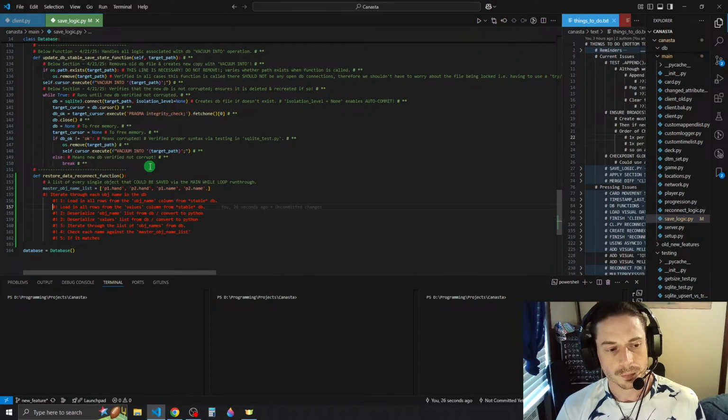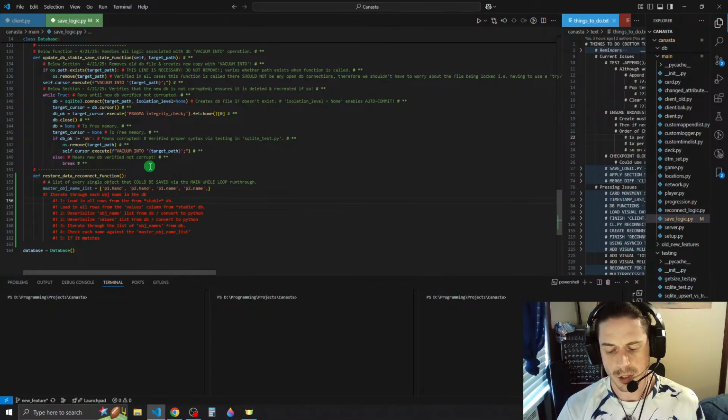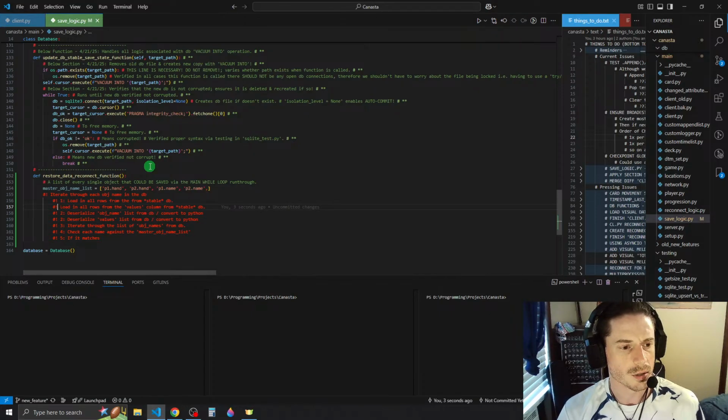So we would just load in all rows from the stable database altogether. Not a particular column. We would just load in all rows from the stable database.